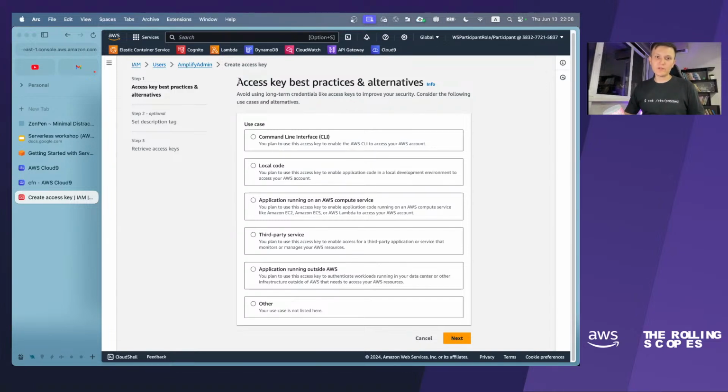So here AWS is asking us what the use case is for creation of the key pair. In our case we will use CLI.